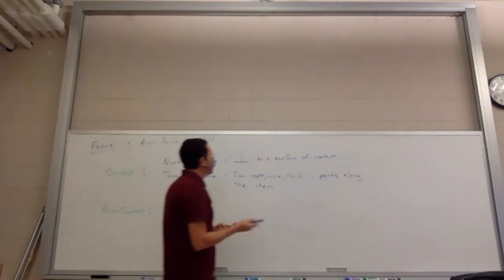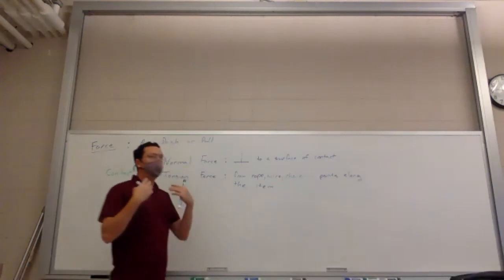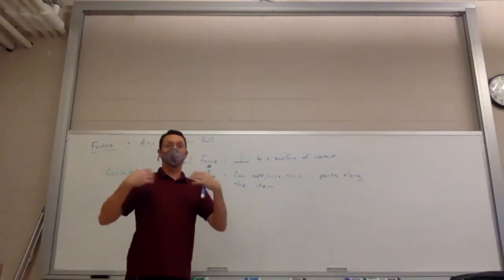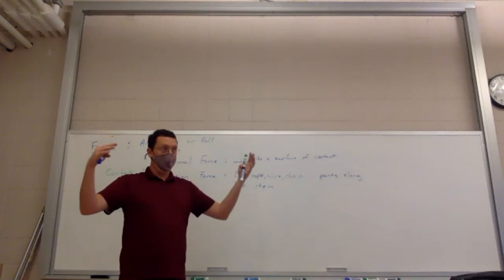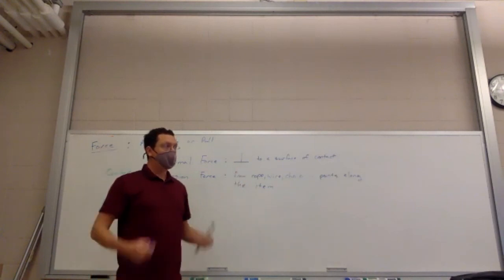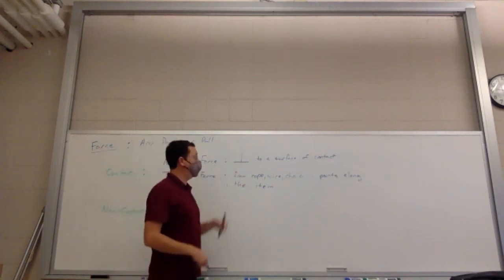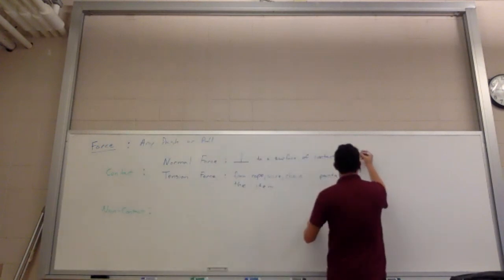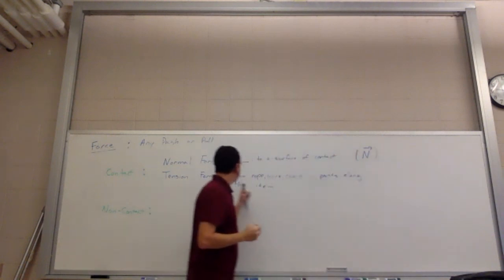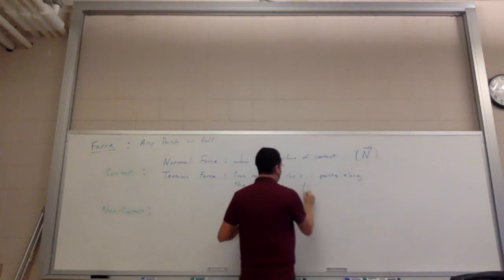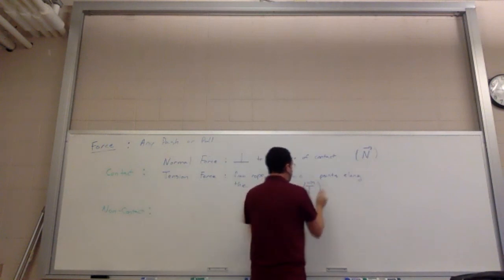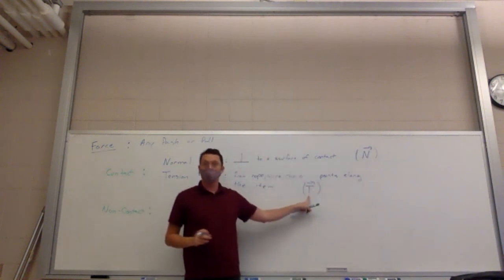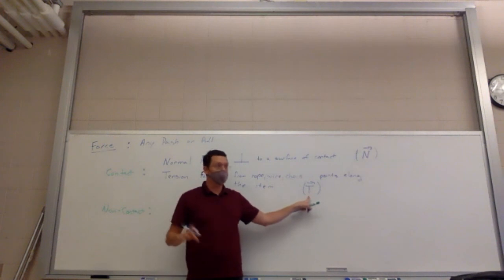I should have said this. I will try to consistently use the same symbol. And when I do this, every time I have a normal force, I will write that as N, and if I'm really being careful, I'll put an arrow over it. And when I have a tension, I will use a capital T. Not to be confused with period, which also has a capital T. They're different things, they're different units. But that's just what I do.